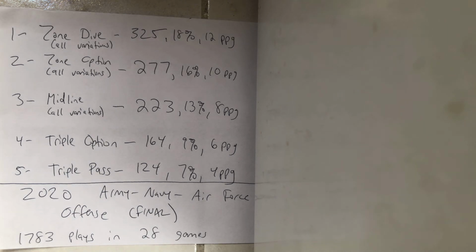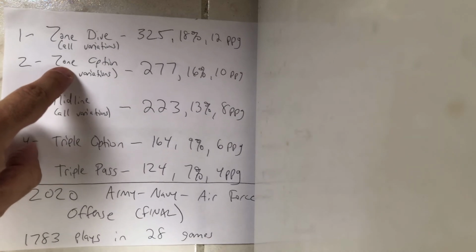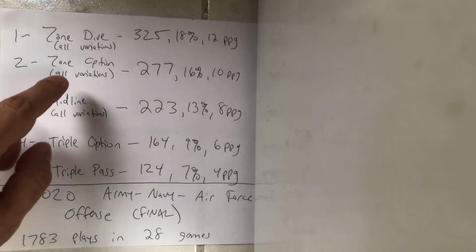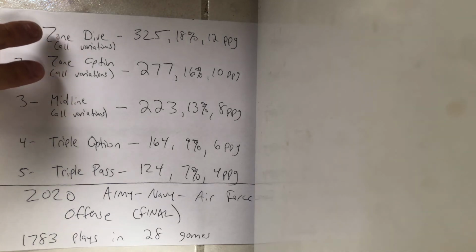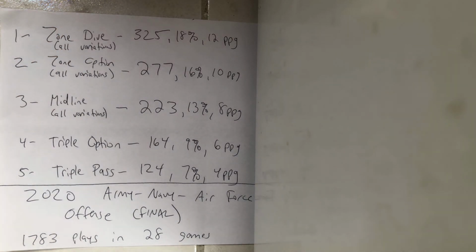And Army, when they played in big games this year, this was the play by far. They ran zone option twice as much as any other concept when they played an undefeated Cincinnati team. And they ran zone option 19 times against a West Virginia team that how they even competed with them is give God the glory. So you're basing everything on this, and then you run the dive. If you get 4 yards, you run the zone dive again. If you don't get 4 yards on it, you run the zone option / zone kick,